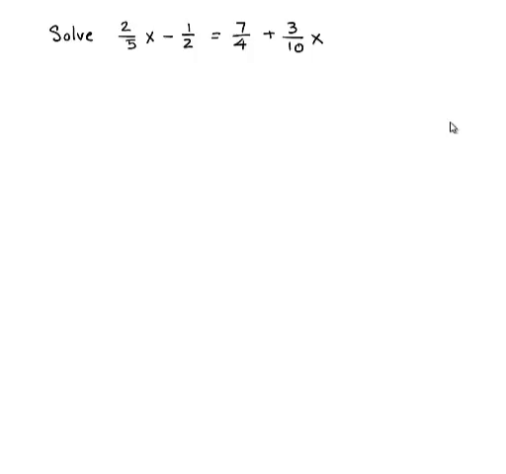In this problem, we're asked to solve an equation that has variables on both sides of the equation. So if you take a look, we've got 2/5 x on one side of the equation, and then we have a 3/10 x on the other side. And we also have constants. We have a 1/2 over here and a 7/4 over on this side. So what we're going to have to do is get all the variables to one side and all the constants